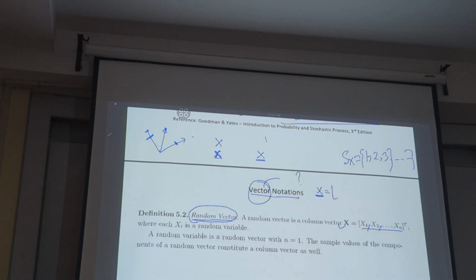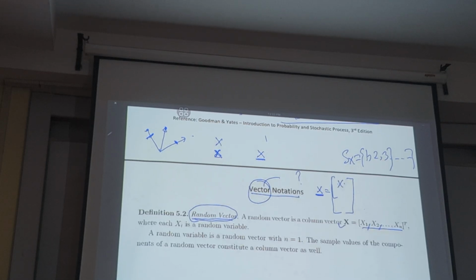Then x is a column vector. We will always consider random vectors as column vectors. For example, x1, x2, up to xn. And we will assume there are n components in the vector. Now, the representation of column vectors in text is very